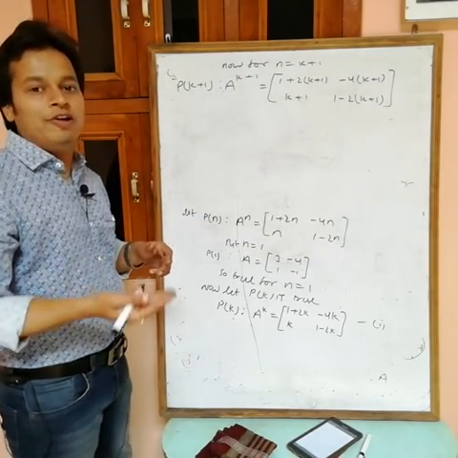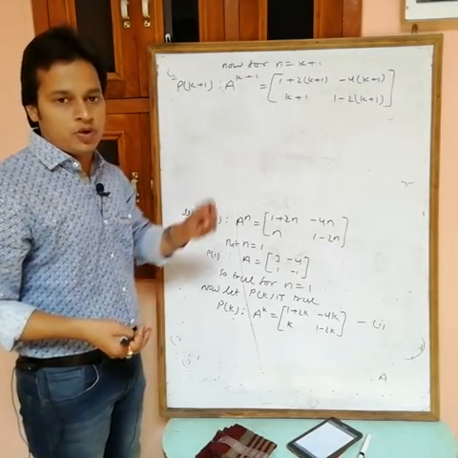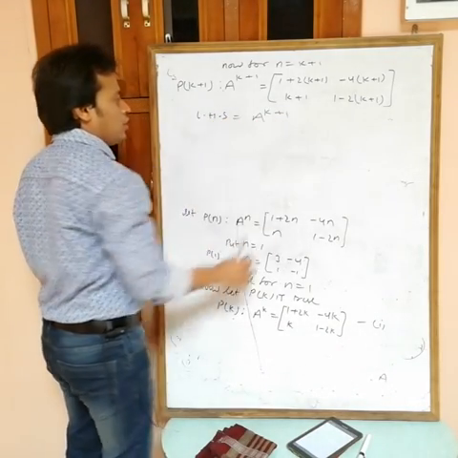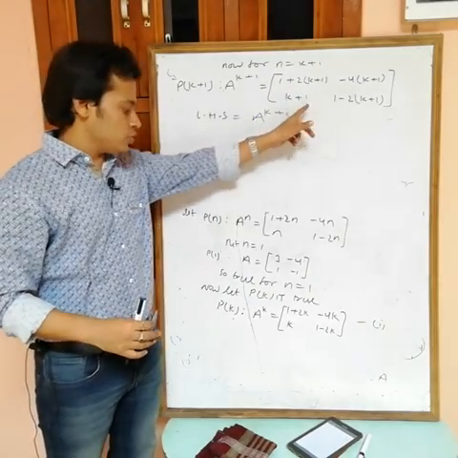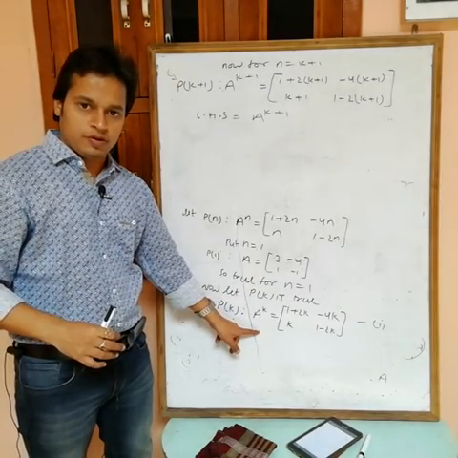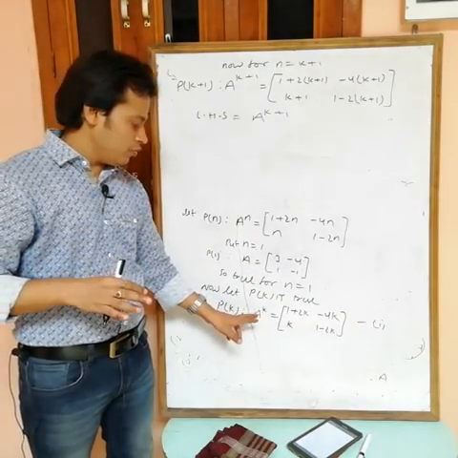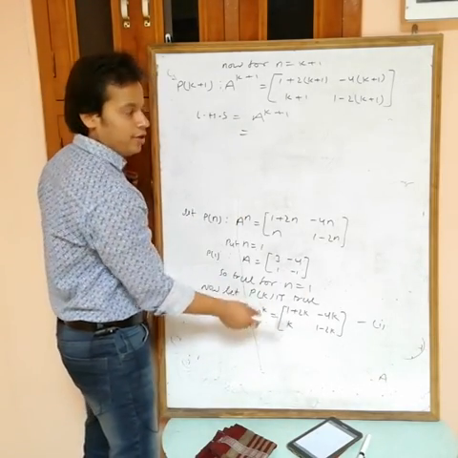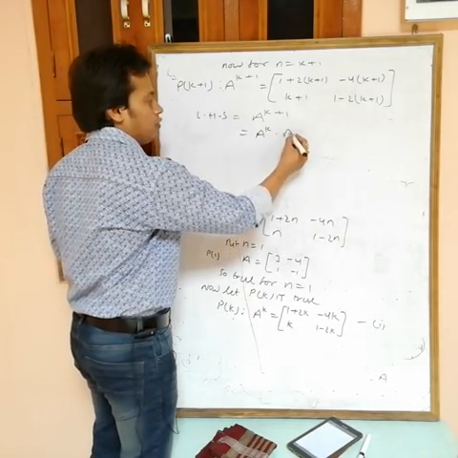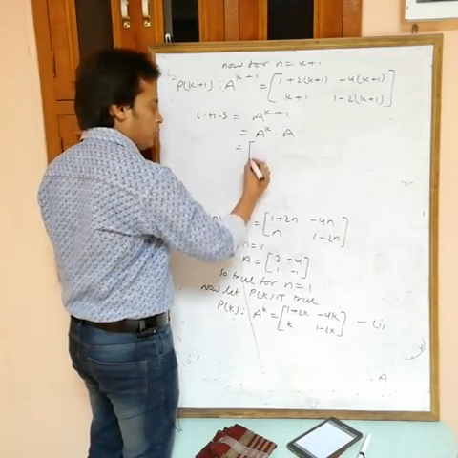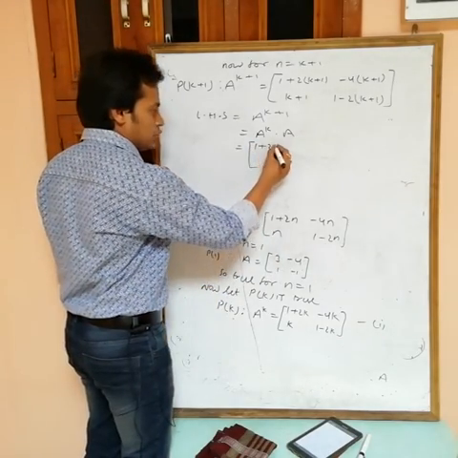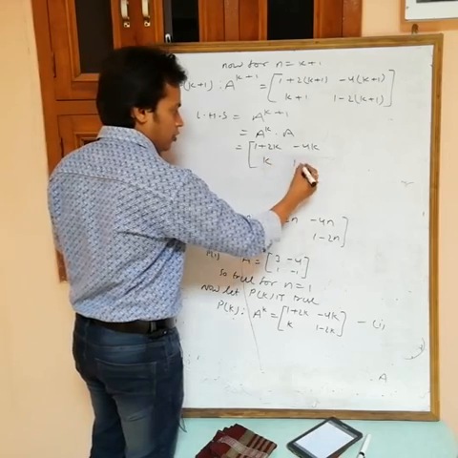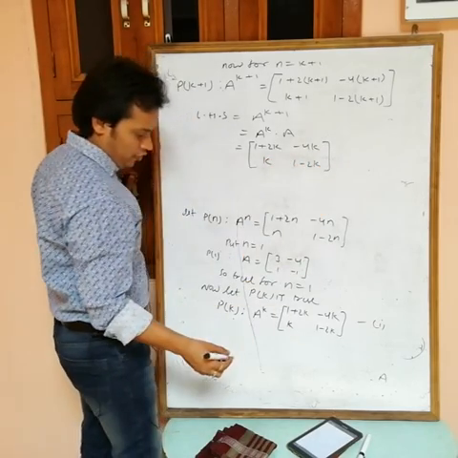To prove this one, find the value of LHS. I have to prove that LHS is equal to RHS, so I am taking LHS. LHS is A power k plus 1. Now to prove that A power k plus 1 is equal to this one, you can use this statement, because this is true now. It means I can put the value of A power k as this one. So I can write this as A power k into A. Now put the value of both. A power k, because this is true, so 1 plus 2k, after that minus 4k, after that k and 1 minus 2k. This is the value of A power k.